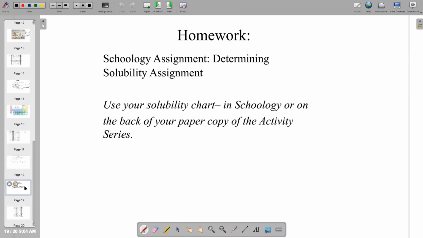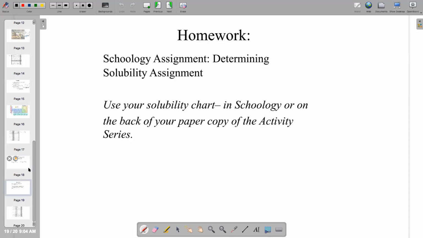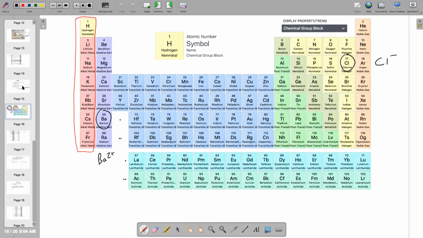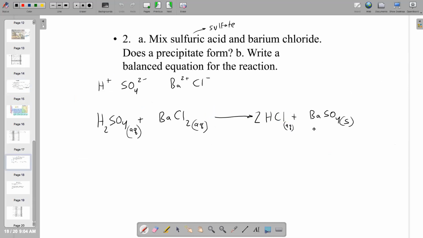Sometimes no reaction forms. And how you tell if no reaction forms is if both of the products are aqueous. I don't know if I have an example here. It's really not such a big deal. What's important is that you can identify which of the products is the solid, and that's just as simple as